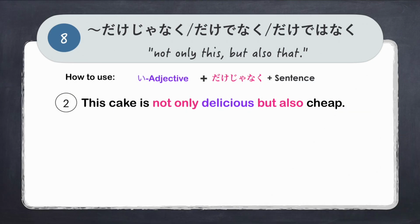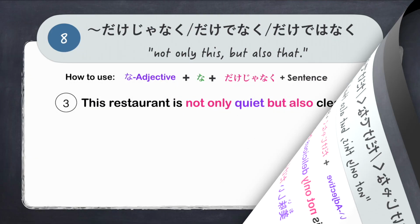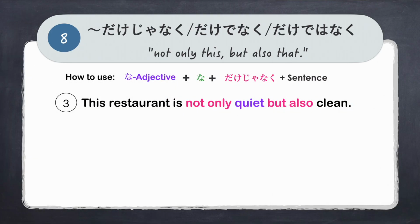Another example is using an i adjective. This cake is not only delicious but also cheap. We say, このケーキは delicious is おいしい。おいしいだけじゃなく but also cheap, 安い。このケーキはおいしいだけじゃなく安い。